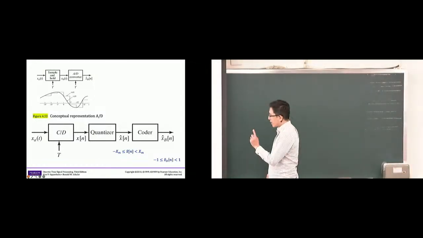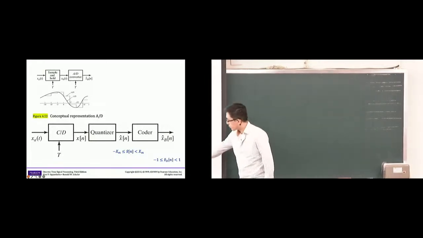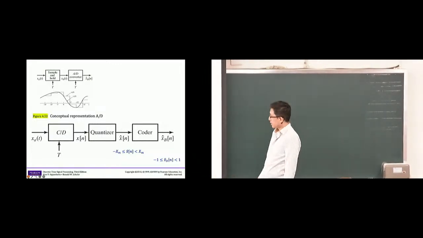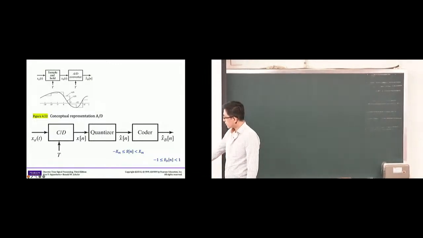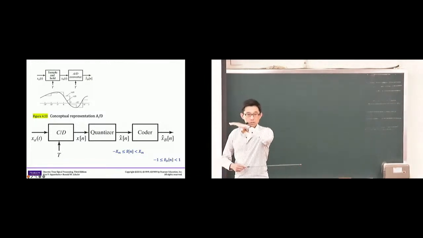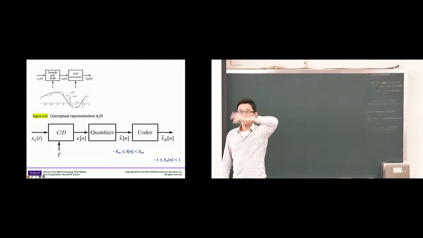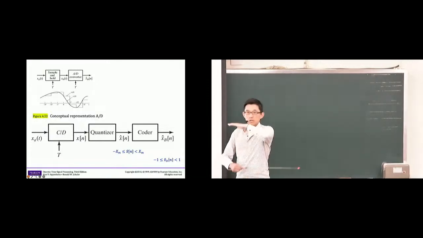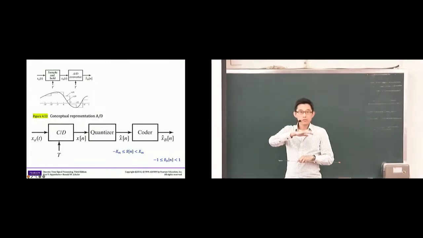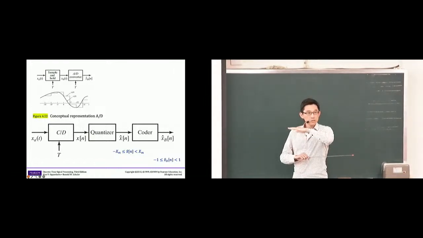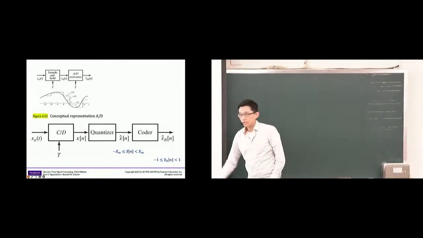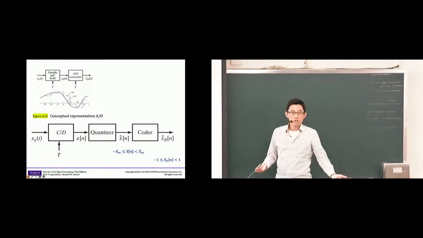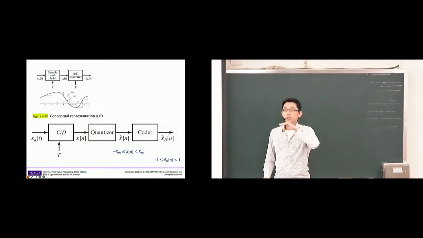And there's one detail that I didn't mention clearly last time, so let me try to explain. Here we have this range right here and that range over there, right? So this is an emphasis that we will need to decide what's the full scale. You cannot encode an infinitely large signal, right? So one way or the other, you need to decide beforehand what's your full scale, plus or minus xm, okay? That's the full scale. Anything that's beyond this range, outside this range, will be clipped.